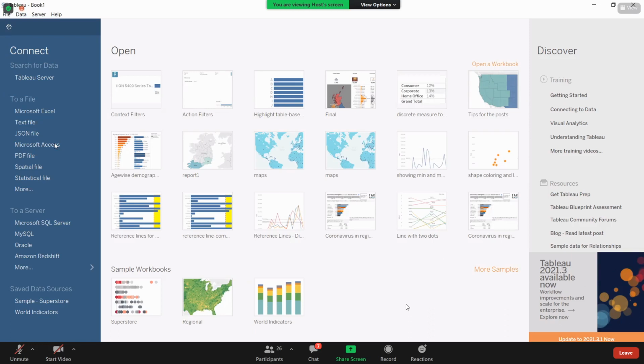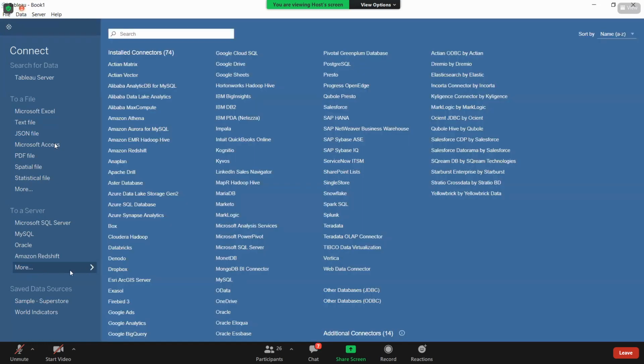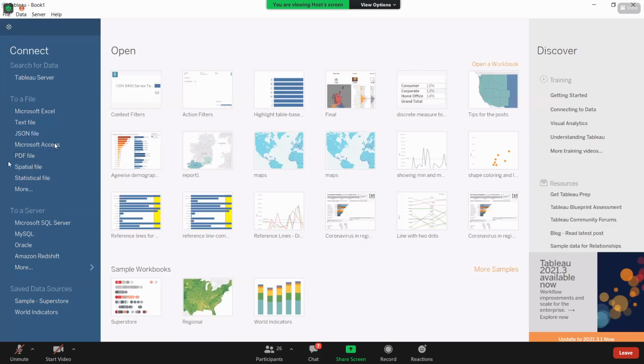Okay, once you are on this landing page, now I want to connect to my data, right? I want to start working on Tableau. Then how do I start working on Tableau? See, what is your data source? First decide, you will know that, right? Is it Oracle? Is it a server? Is it any other server? Or is it a flat file? Now here I am showing connecting to a flat file. Let me open the scenarios. As I have shown you the landing page, let us proceed through the scenarios.